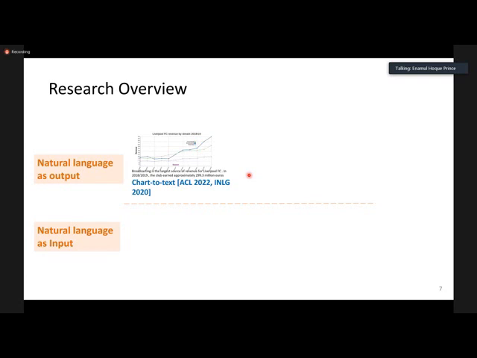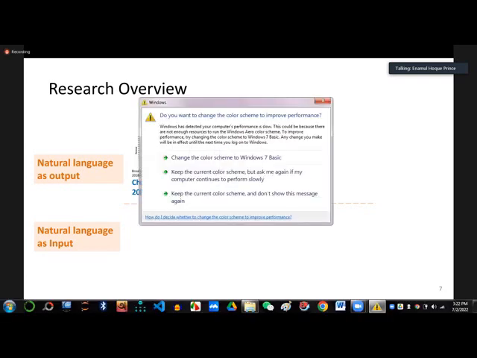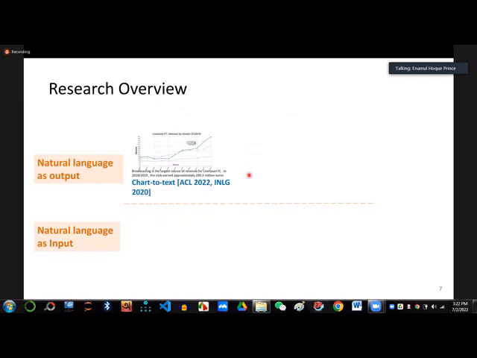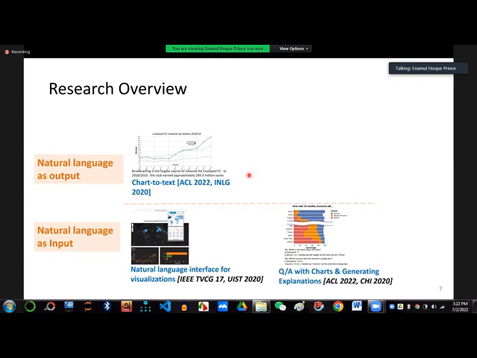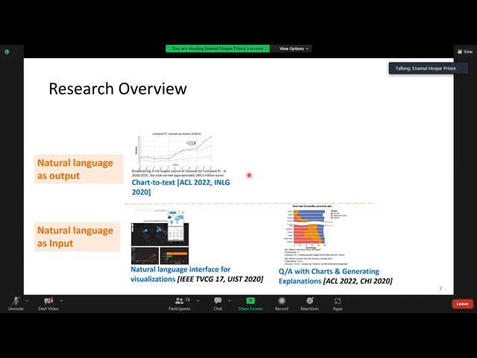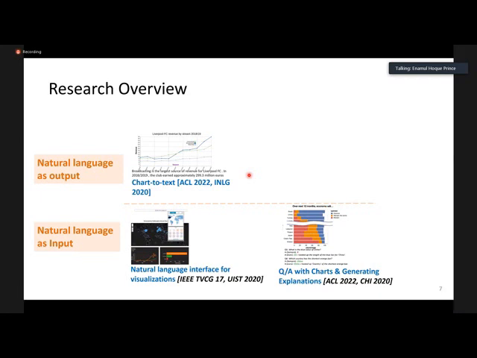The goal here is to automatically generate textual explanations to help people understand charts. The second type of project is where we integrate natural language as input. And the final one is question answering with charts and generating explanations. These two projects focus on natural language as input, where we can use natural language to query data visualizations.